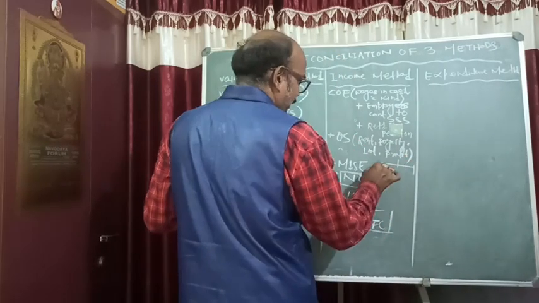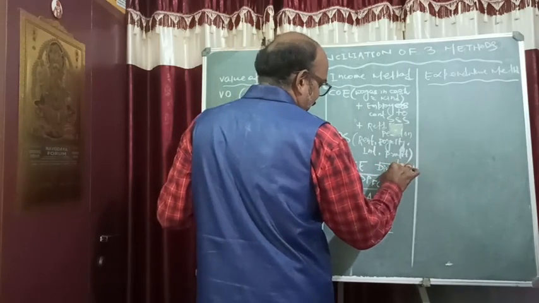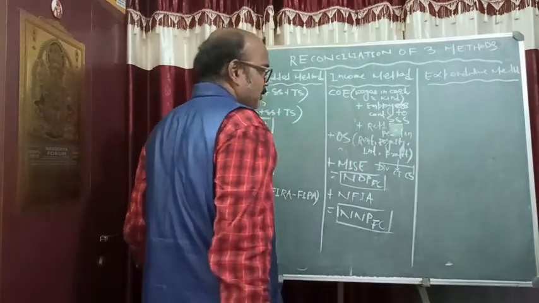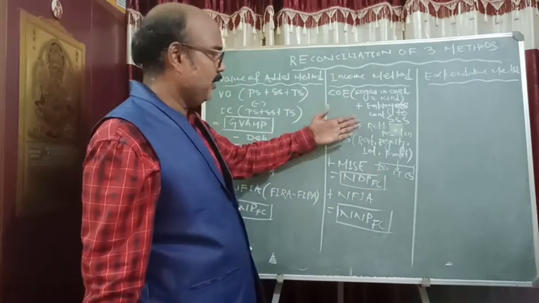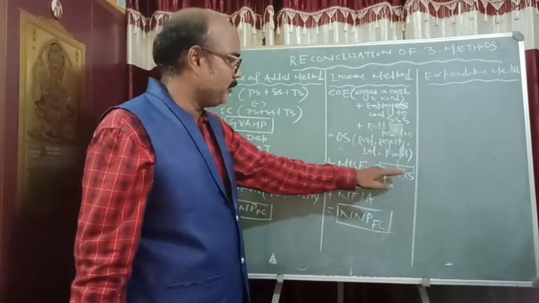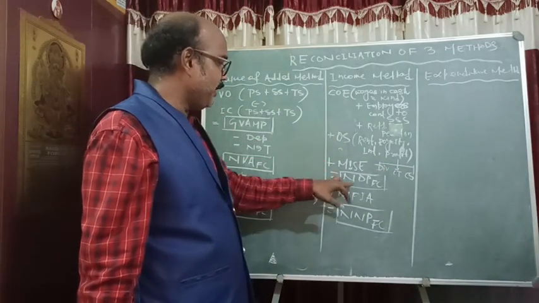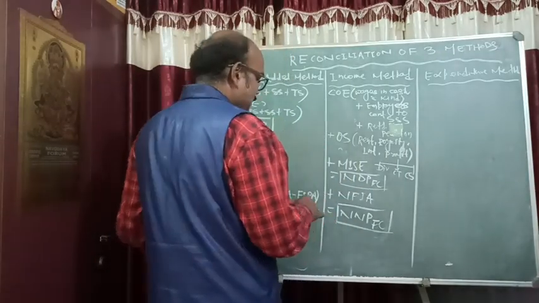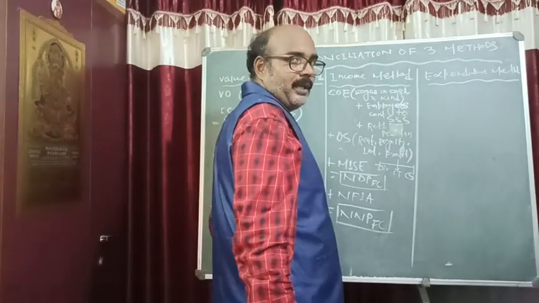प्रॉफिट का भी तीन पार्ट है. एक है डिविडेंड DIV, एक है कॉर्पोरेशन टैक्स और एक है कॉर्पोरेट सेविंग और अनडिस्ट्रीब्यूटेड प्रॉफिट. ये तीनों अगर अलग अलग दिया है तो अलग अलग लेना है. अगर एक ही साथ प्रॉफिट भी दिया है, ये भी दिया है, तो प्रॉफिट को ही लेना है, इसको नहीं लेना है. ओके. Then after adding these three, you will get NDPFC. Then you add NFIA. NFIA means factor income received minus factor income paid. You will get NNPFC.